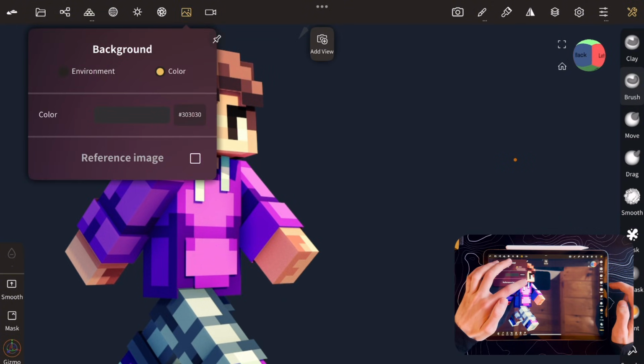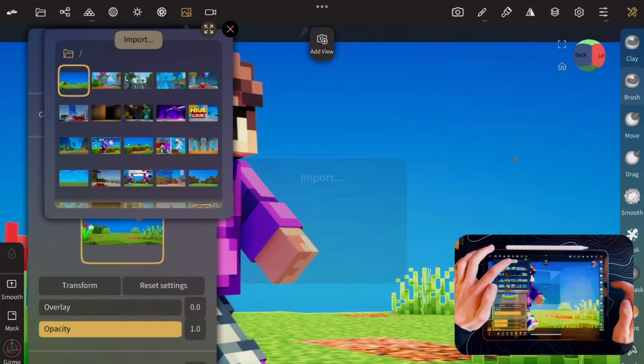To line up the player with the background, I use the reference image feature.